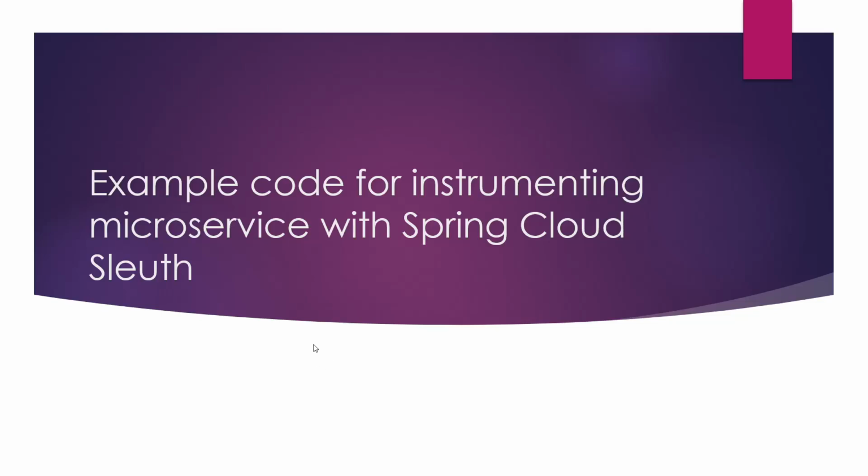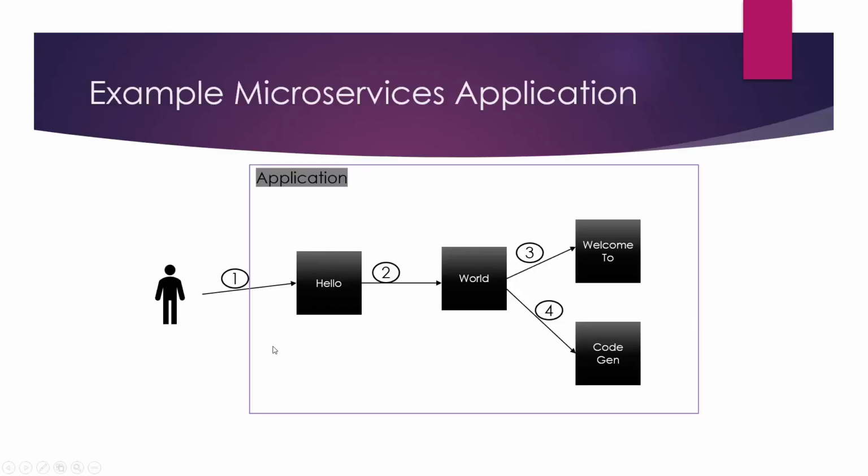Okay, now we will look into the example code to understand the concept hands-on. So before starting the code, let us look at the application to which we will equip the Spring Cloud Sleuth. So this is the example microservice application, which is an existing microservice application. To this application, we are going to instrument the Spring Cloud Sleuth and look through the request identifiers, the trace IDs and span IDs. It's a very basic microservice application which will send the greeting message, "Hello world, welcome to CodeGen."